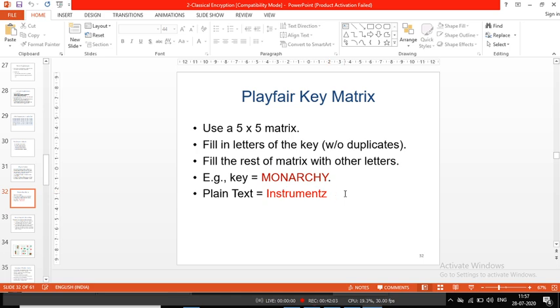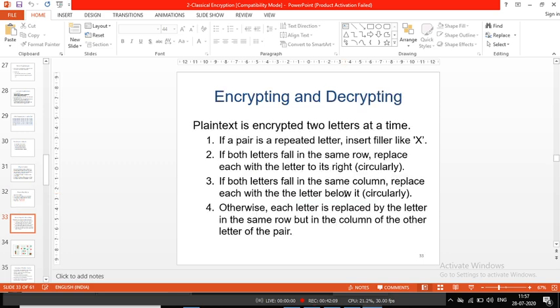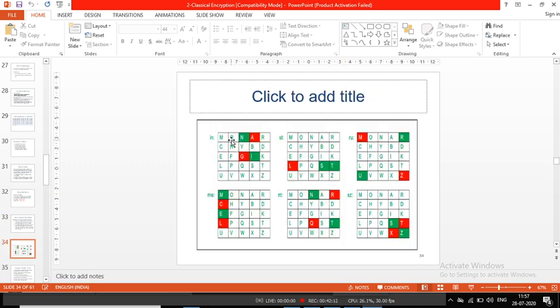First I want to draw a 5 cross 5 matrix. In the first row, the key that was given should be written. Monarchy is the key, so I just write MONARCHY first. Clear? Yes, sir. Okay, in the remaining boxes,